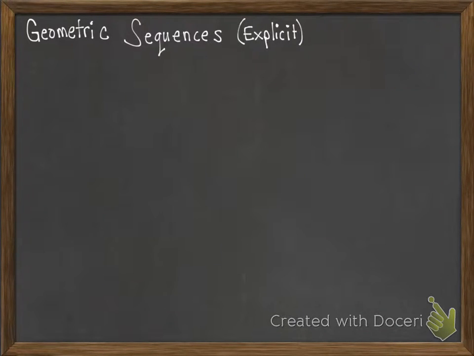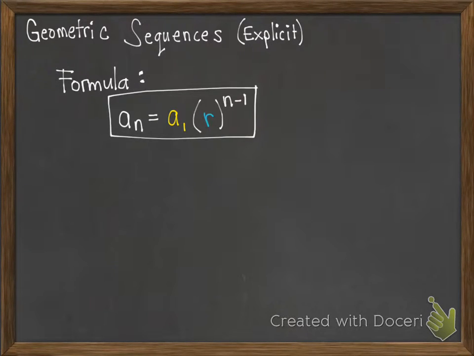This lesson is about the explicit formula for geometric sequences. Remember that a geometric sequence multiplies or divides by the same number each time. So the formula is an equals a1 times r to the power of n minus 1, where a1 is the first term of the sequence, or first number, and r is the common ratio, or the number that it's multiplying by